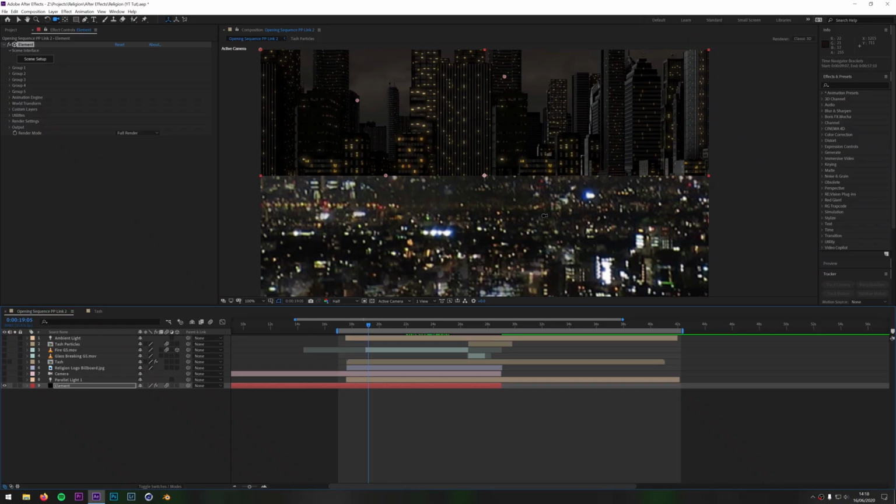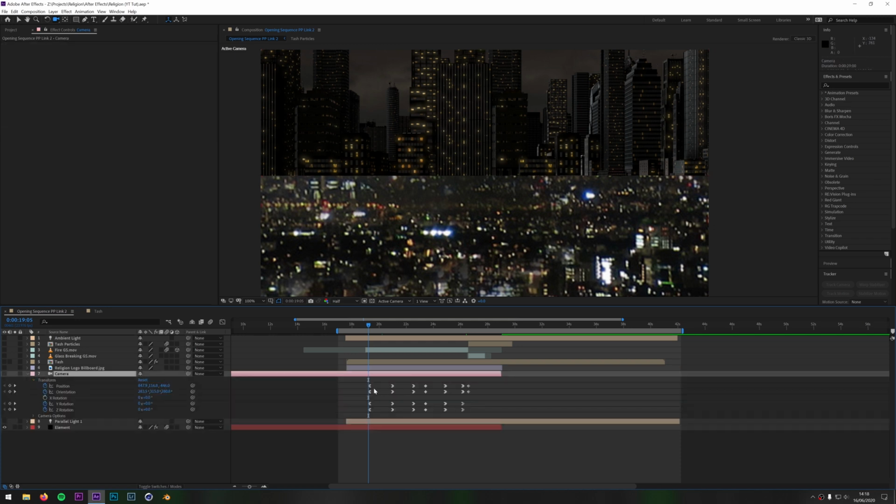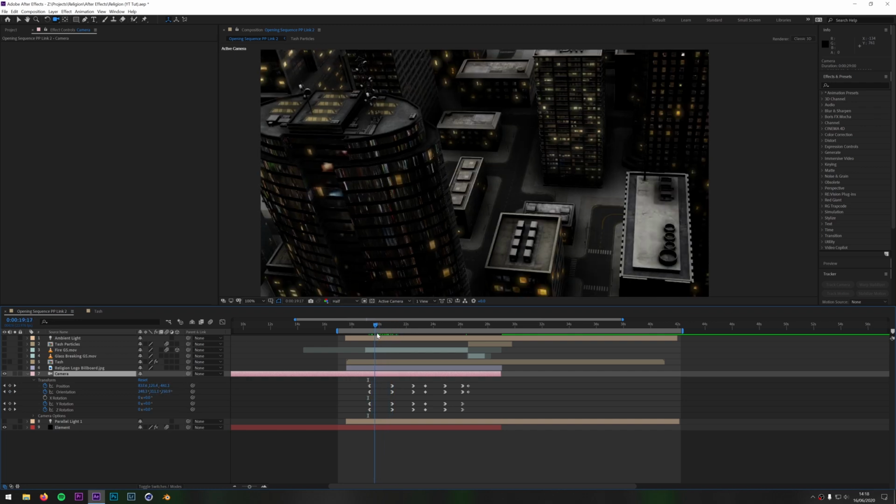Now this is the foundation of the effect, but it's also where the bulk of the effect happens, really. The Element 3D layer is the scene that you're going to be navigating around using the camera. So you need to add a camera in, which is this one here. And the camera's just got a few simple keyframes of position, really, that move around the scene. So if I just turn that layer on quickly, you can see now we're moving around this scene.